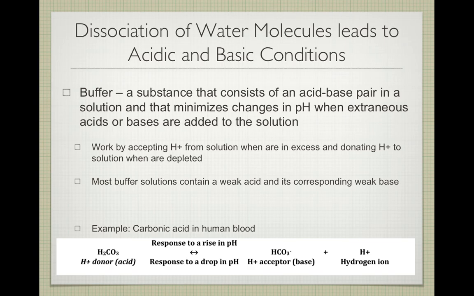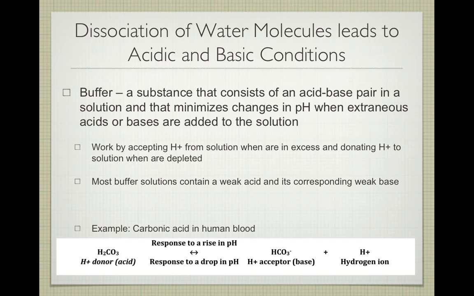Last thing that's incredibly important for living systems are these buffers. All the chemical reactions that are going on in living organisms constantly are going to be creating products or using substances that are going to change the pH of its environment. That's a big problem when living organisms have such a small range of 6 to 8, and depending on the organism and the system you're talking about, sometimes it's even tighter of a range than that in terms of what they need to survive,